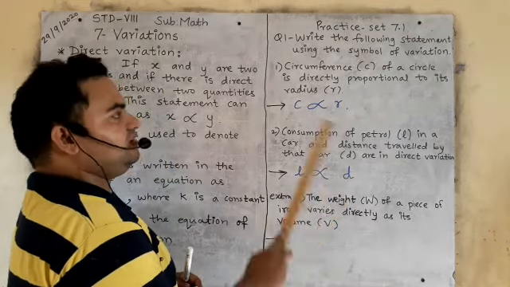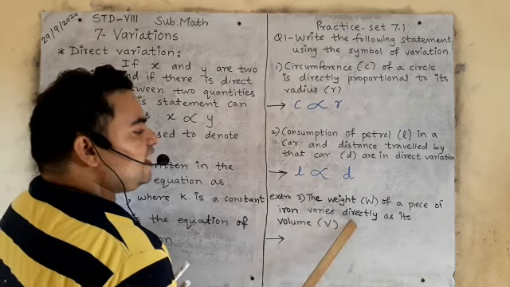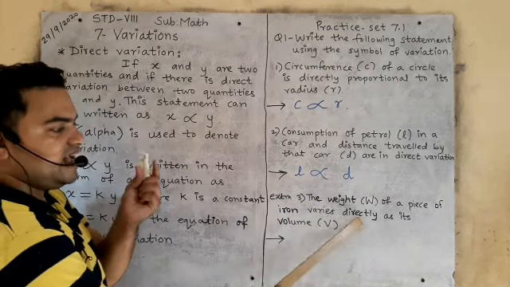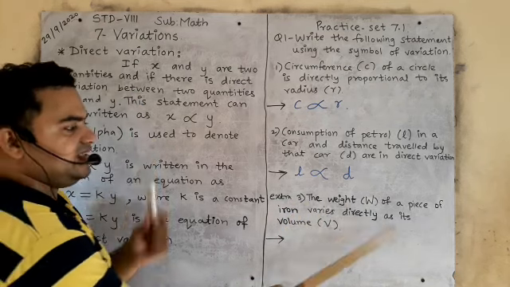Now see, this is an extra question I have given. The weight, W for weight, of a piece of iron varies directly as its volume V. The word directly came in the question. What is the first variable here? Capital W, and directly means alpha. See how we have to write like this. And the other variable here is V. So the weight of a piece of iron is directly proportional to the volume V. Is it clear? So this is how we will continue direct variation. I hope you understand the direct variation.